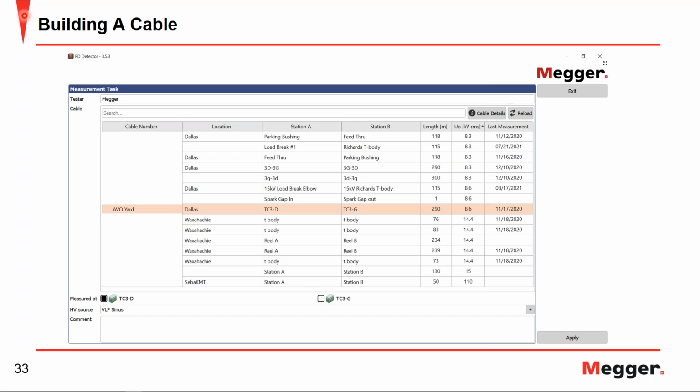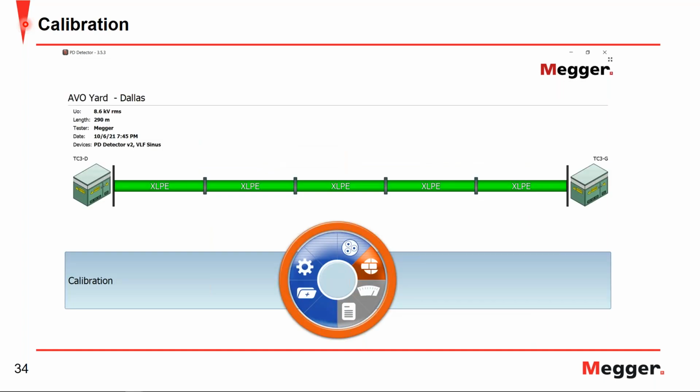So even if you were out performing a test, let's say 5 years later, you could then pull up the previous data and even do a comparison at that point in the field. So that data is always saved, as well as those previous cable builds, unless deleted. So we're going to select our AVO yard cable build, and you can see that this wheel here